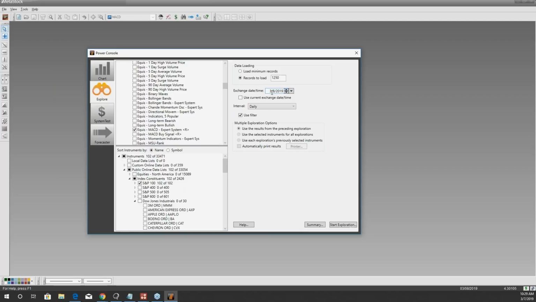Sometimes I might want to do that because I want to see what happened after the buy signal happened, or maybe I don't want to look for a signal today, but wait till tomorrow to see what it'll look like before getting in. I can look for the signals that happened yesterday, see what's happening today, and then make my decision that way. There's different things you can do with that, but we're going to do today. We're going to look for a signal for today on a daily bar, and we're going to hit start exploration down here.